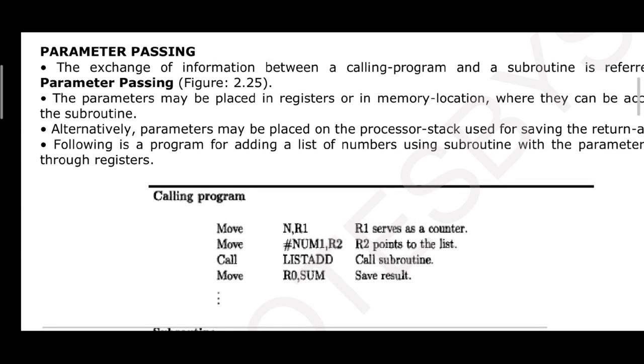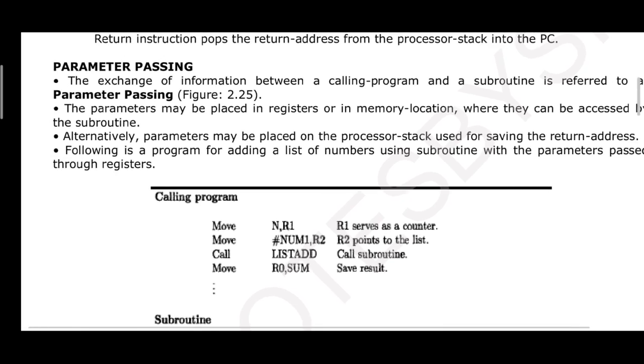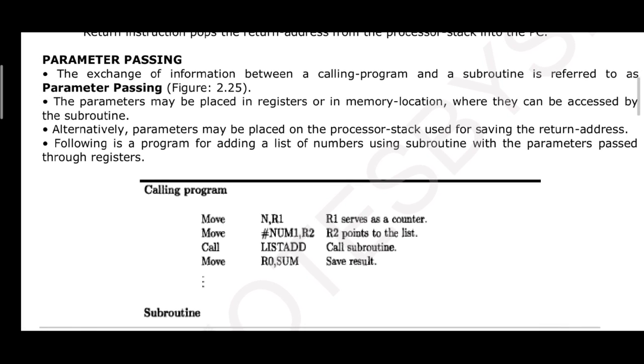See, the function can take a parameter. That's what the next concept is. We can go for implementation of parameter passing for assembly programming as well. The exchange of information between calling program and a subroutine is referred to as parameter passing. Exchange of information between calling function and called function. The calling function is the main function normally or by default, and the called function is a subroutine. It can be a subroutine and another subroutine also in some cases. So that is the process called exchanging of information.